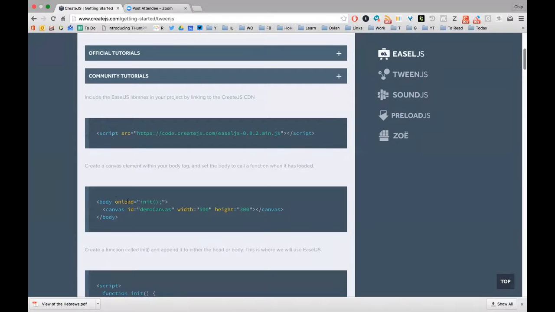And here is an attribute called onload. That is an attribute that says when this HTML document is loaded by the browser,